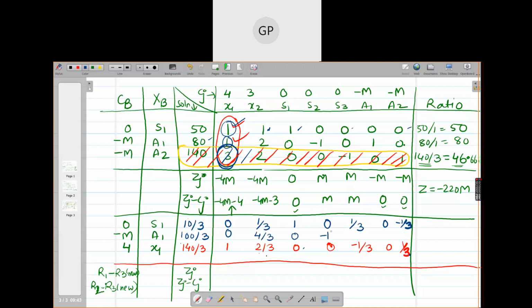Next, this one minus 1 as it is. Next, 0, this one plus 1/3. Plus 1 by 3. 0 minus 1/3 is plus 1/3. Then 1, 1 minus 1 by 3. Yes. So let us calculate Zj again.